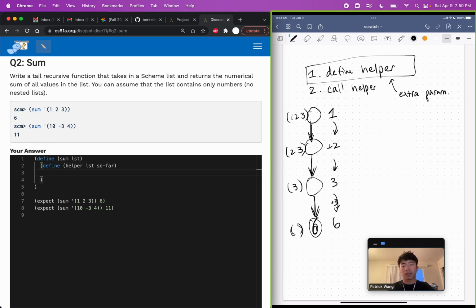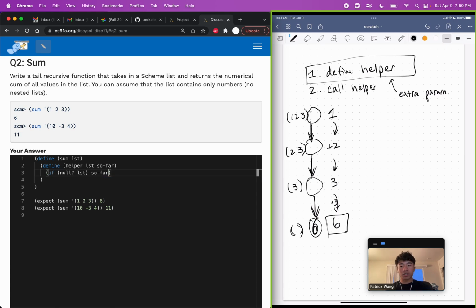Inside this function, we're going to have a base case and a recursive call, similar to how we implement sum in the regular way in Scheme. But in this case, once we reach the base case, we want to return that number that we've accumulated, that's 6, that variable so far. Our if condition is if the list is null, same as before, but this time we're going to return so far. Rather than returning 0 and backtracking and accumulating stuff backwards, we're going to accumulate stuff along the way. We're going to accumulate that 1, 2, 3, rather than going backwards, and then we're going to return so far,